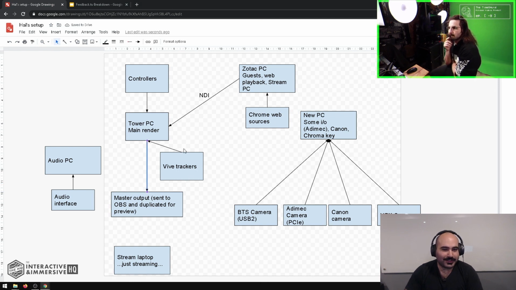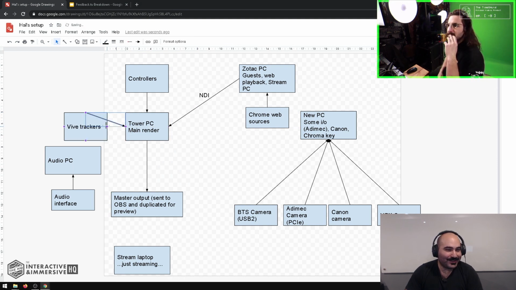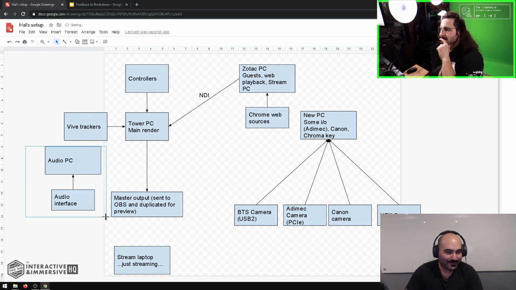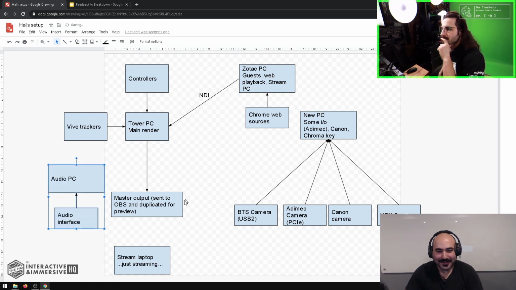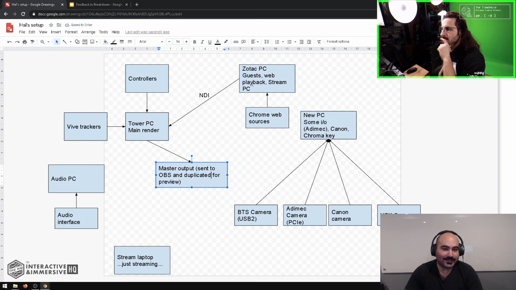And for folks at home watching, you can make these diagrams as clean as you want. We're trying to do this quick and live for your viewing pleasure. Let's see here. So we'll move this guy over here. Now, this master output also has to go back to the Zotac PC if that's going to become the streaming